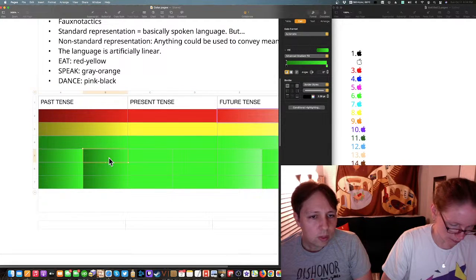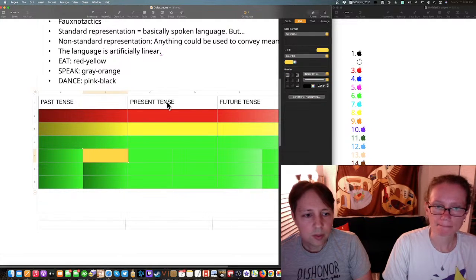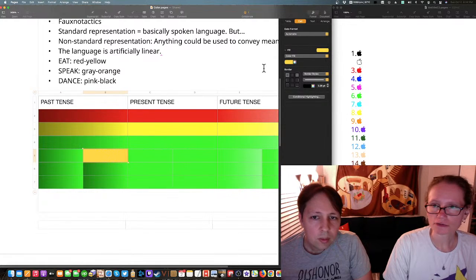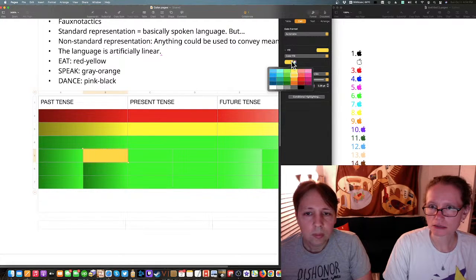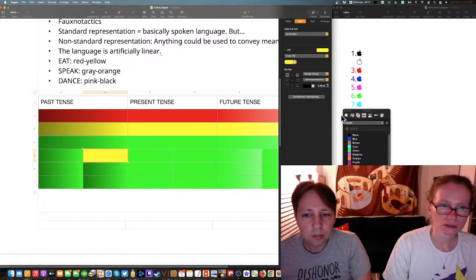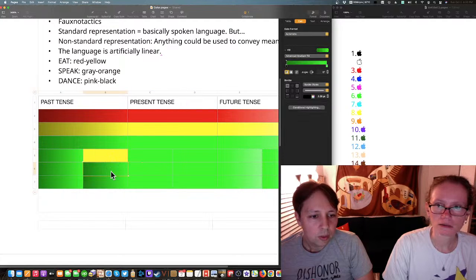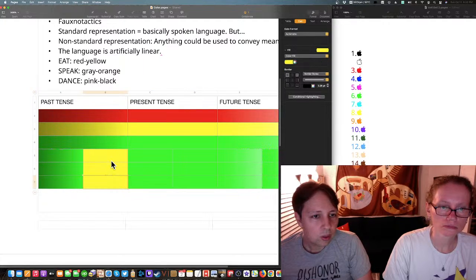Eat is red and yellow. So we are going to fill this with... Oh, you picked yellow from the list instead of from there last time. There we go. Okay.